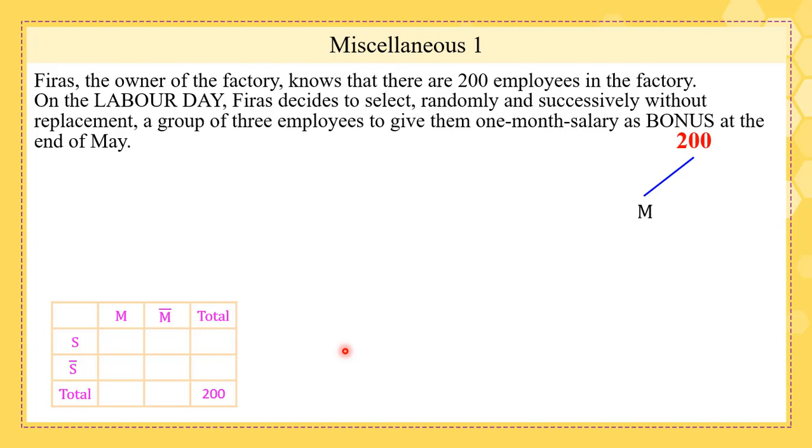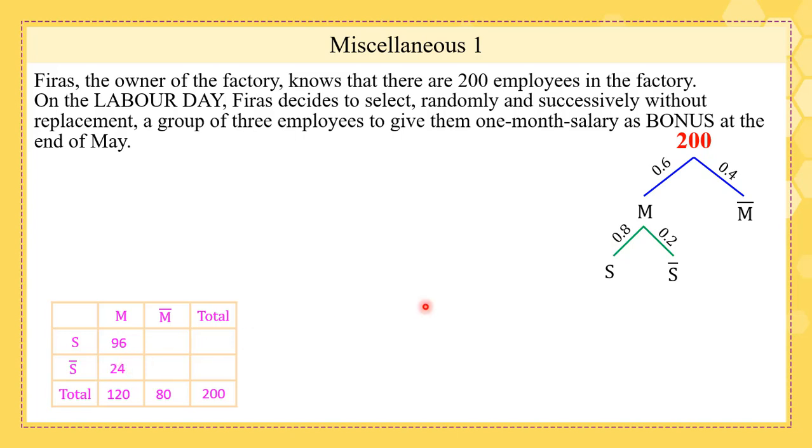Now we know from the tree that 60% of the employees are men, and 60% of 200 is 120. So we have 120 men. This is the total of men. Consequently, we have 80 women in this factory. So this would be the total of women. Now, out of the men, which means that out of the 120, we know that 80% are single. So 80% not of 200, but 80% of the men, which means that 80% of the 120, which is 96, are single. And if 96 are single, we're going to have 24 non-single,